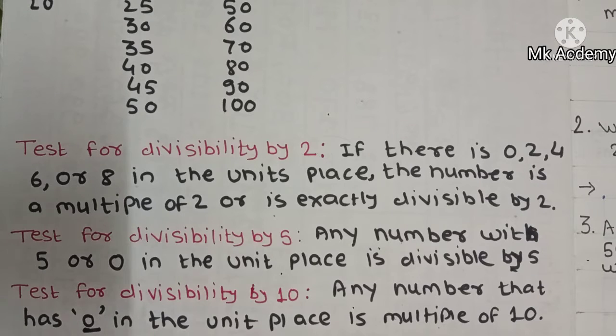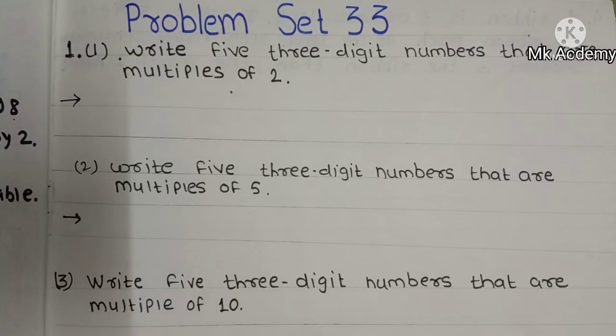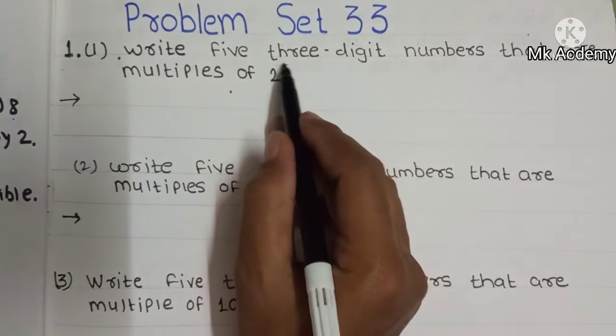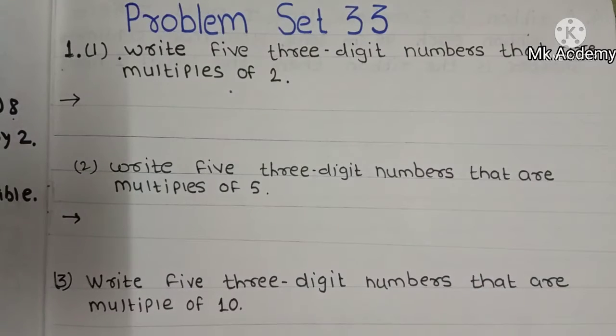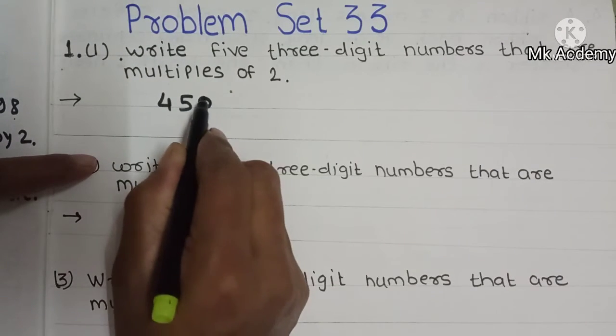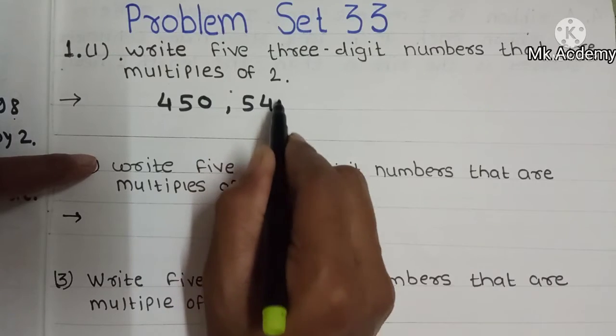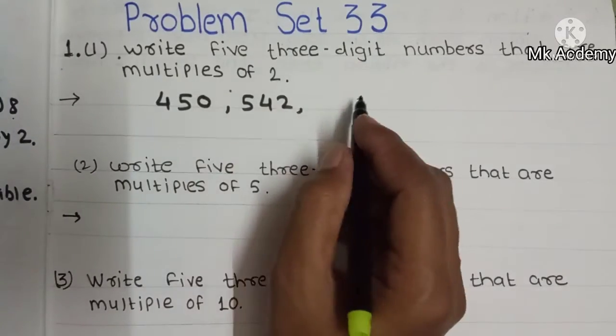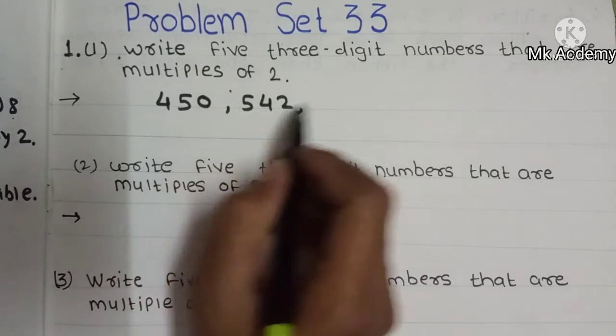Now we solve the problem set. First question: write 5 3-digit numbers that are multiples of 2. We have to write down 5 3-digit numbers that are multiples of 2, or that can be divided by 2. First we write down 450, then 542, any 3-digit numbers. Now you can remember the unit place 0, 2,